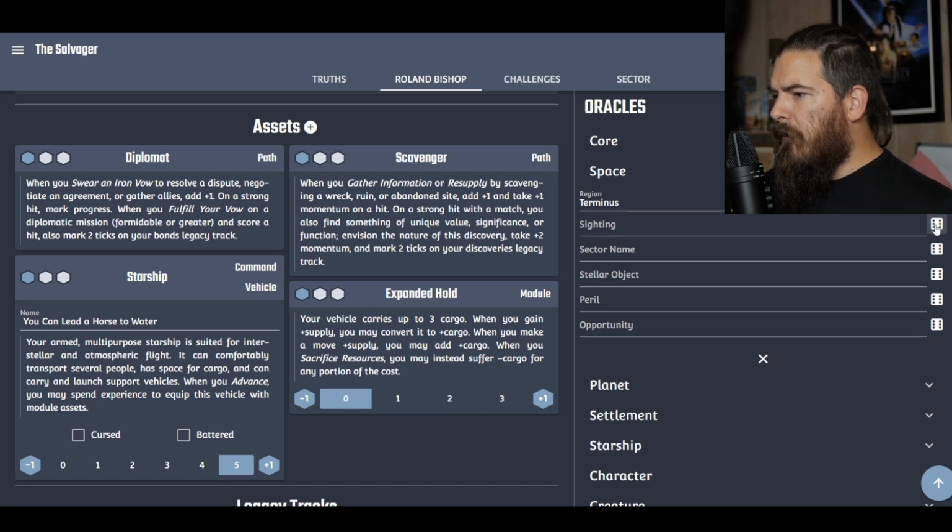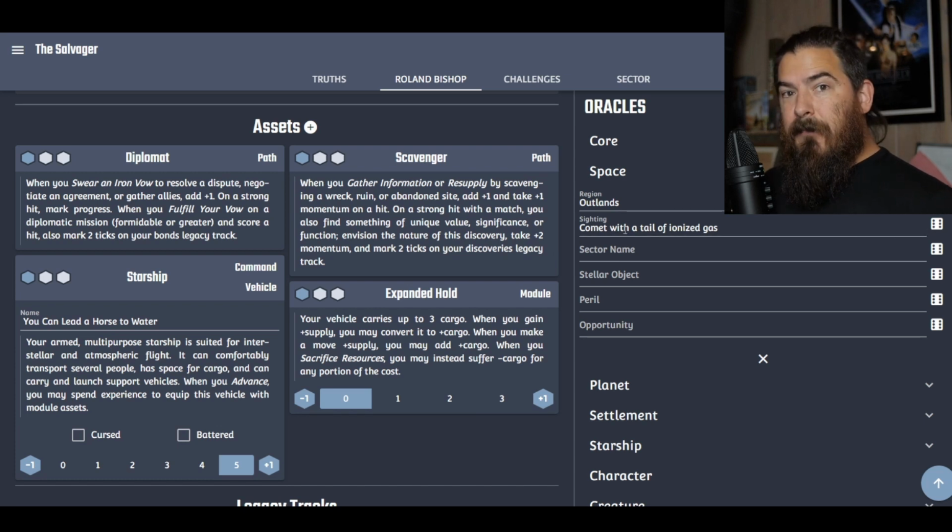So let's go ahead and roll up, switch over to Outlands, and then I think it's a sighting. Let's find out. No, we're not doing planets, we're not doing stellar objects. Is it all of them that are? Oh, I remember. So on planets, the oracles are heavily weighted towards planets, and actually I